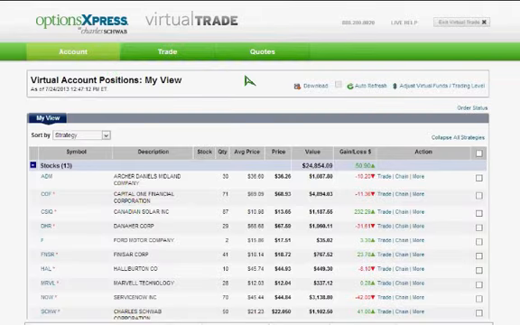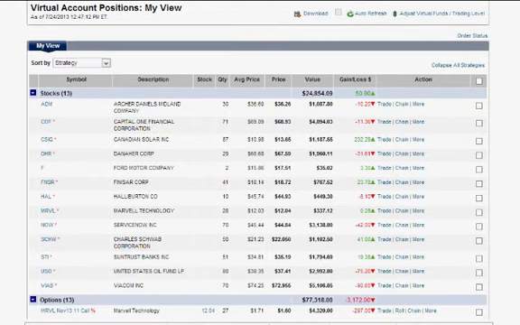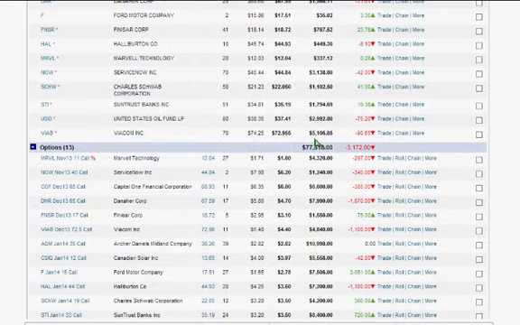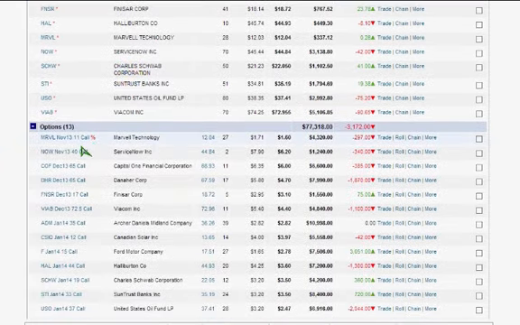You'll see a little symbol. Scroll down to your options, and you'll see that little percent sign after the call. That tells you you have a stop on your call that also has a contingent on price. So when all your options have that symbol after them, then you will know